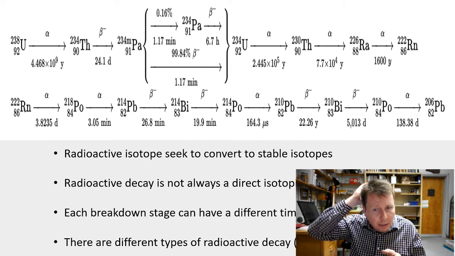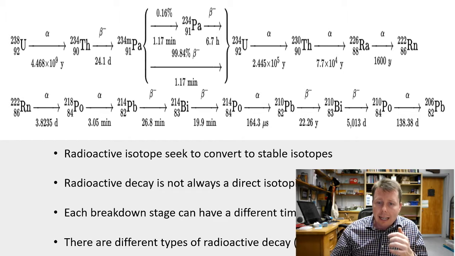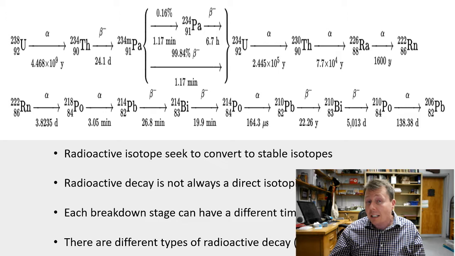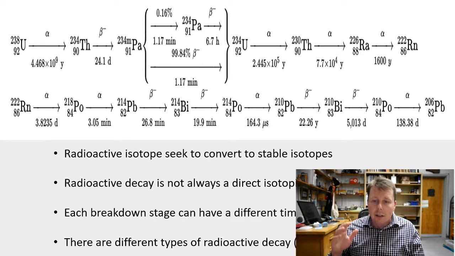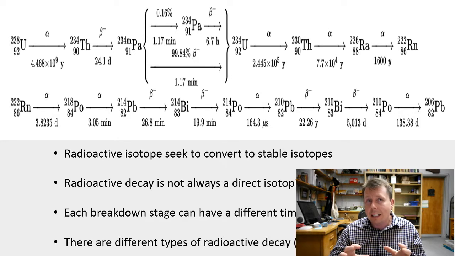polonium-214 to lead-210. Through this alpha decay process, it takes 164.3 mu seconds. Mu stands for microseconds. So faster than you can even snap your finger, this decay process converts almost all of the polonium to lead-210 isotope. The one type of decay that's not shown on there is going to be gamma decay. We'll talk about gamma decay in a little bit. It usually isn't really related to transmutation so much as it's kind of a cooling down effect, if you will, afterwards. We'll look at that.